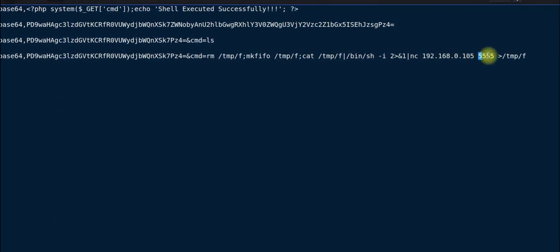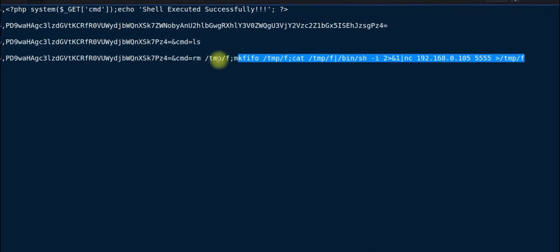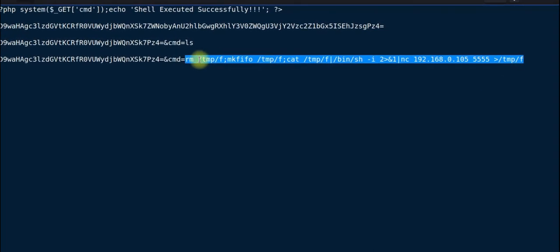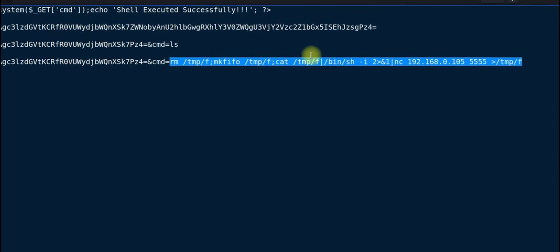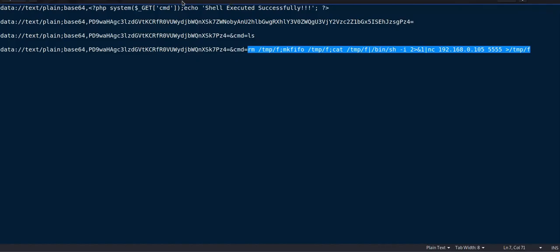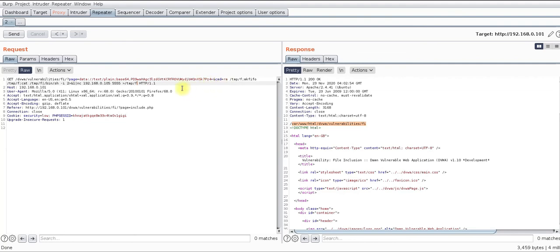I'll show you how to enable the listener on the attacker machine. I'll copy this payload, which is a reverse shell, and use it to achieve my goal.